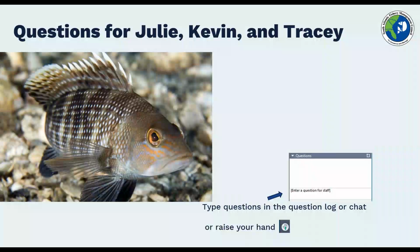Looking back to the presentation, Julie, when you presented the distribution changes of black sea bass for the northern area, I was noticing a lot of the orange was no longer around Virginia. It was moving northward. Was that the density of fish in those areas in the trawl survey? Yeah, I would have to go back and look again at the source, but I'm pretty sure that was the fishery independent